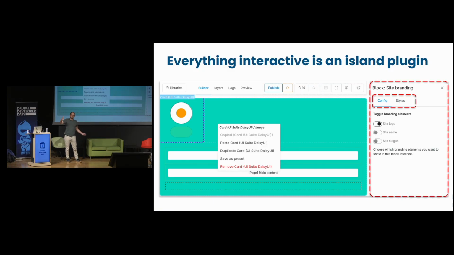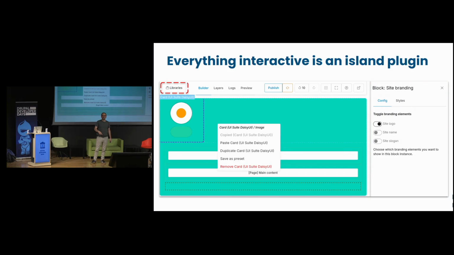Contextual panel, island plugins, exactly. Libraries panel, island plugins, and also, very cool, the menu item, island plugins. That means all the logic is owned by the server, under the control of Drupal. And you can add your own plugins from contrib or from your project, from custom.